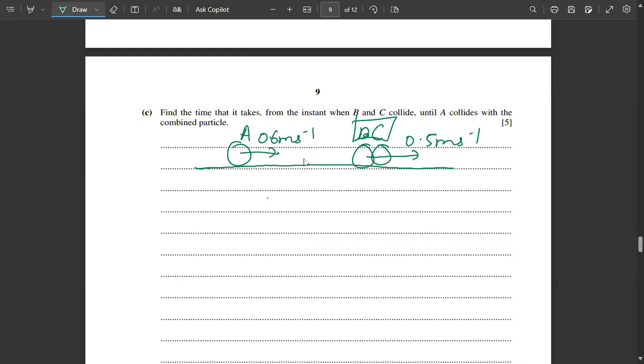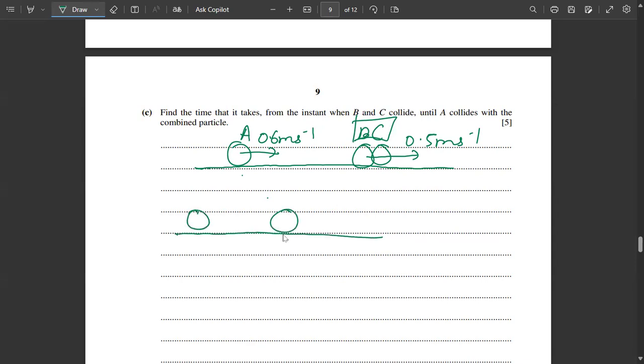Now, because A is moving faster, at some point it will touch the combined particle, right? The question is: find the time it takes from the instant when B and C collide until A collides with the combined particle. So what we need to realize first is